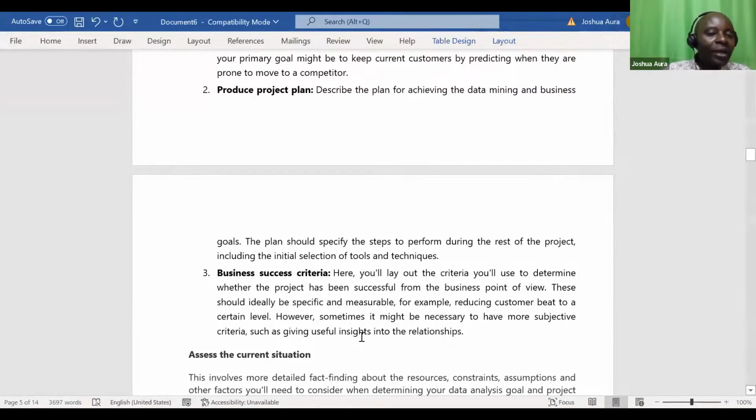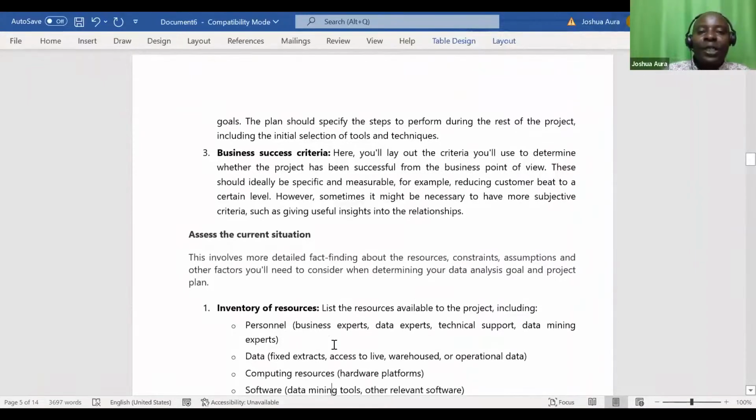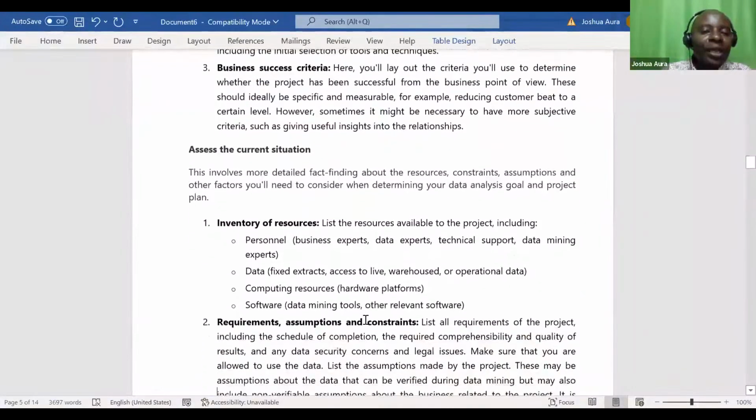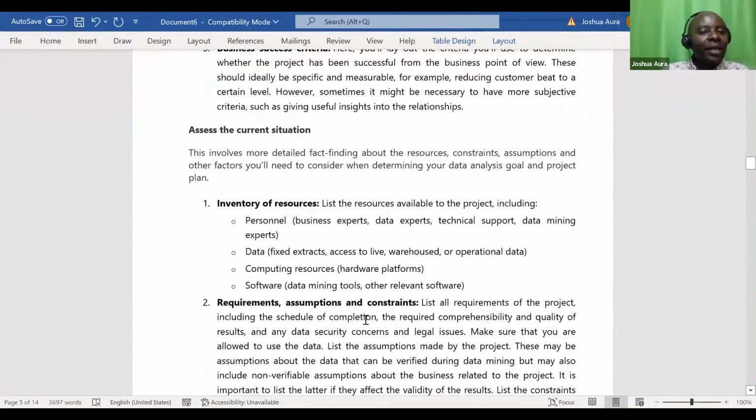As step number one, you must assess the current situation: where are we, who are we. This involves more detailed fact finding about the resources, constraints, assumptions, and the other factors you need to consider when determining your data analysis goal and project plan. So for the current situation, you're looking at your SWOT, your strengths, weaknesses, right? Inventory of resources. List the resources available for the project, including personnel, data, computing resources, hardware platforms, software,